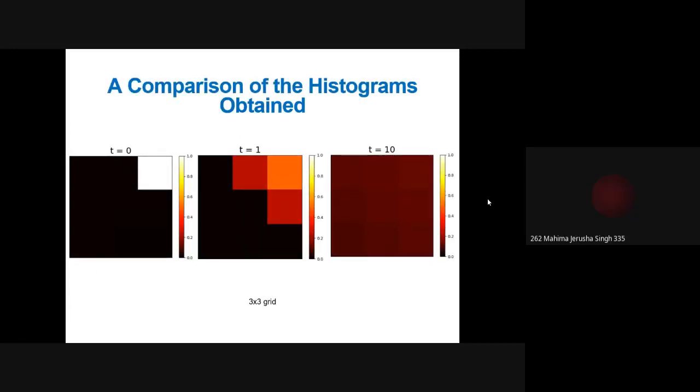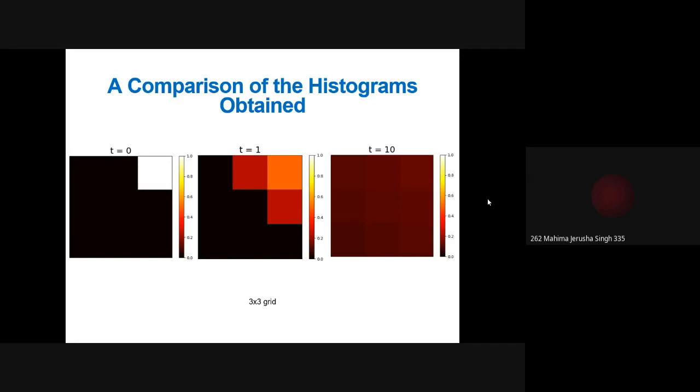Now, coming to the histograms, we ran these programs, the codes, and these were the histograms that we got for the 3x3 grid. So here T indicates the number of trials. So in the first one, with the number of trials equal to 0, that is, the pebble remains in the initial site itself. Here we can see by the color coding beside the histogram, which indicates the probability of the pebble being in a particular site. So since it stayed in the initial site, the probability for the pebble to be in that one site equals 1.